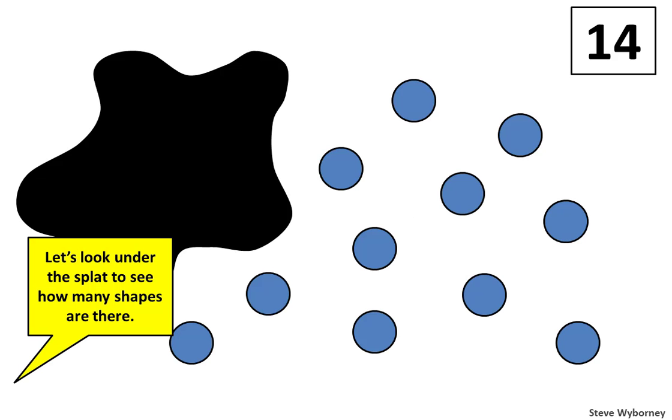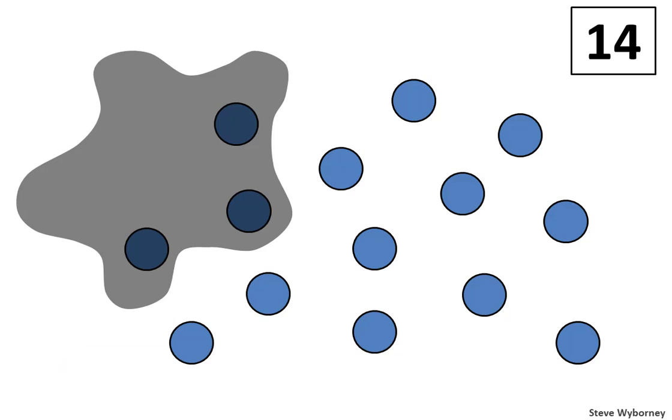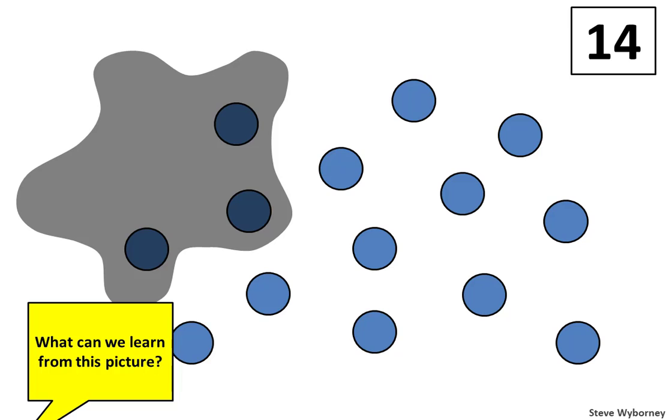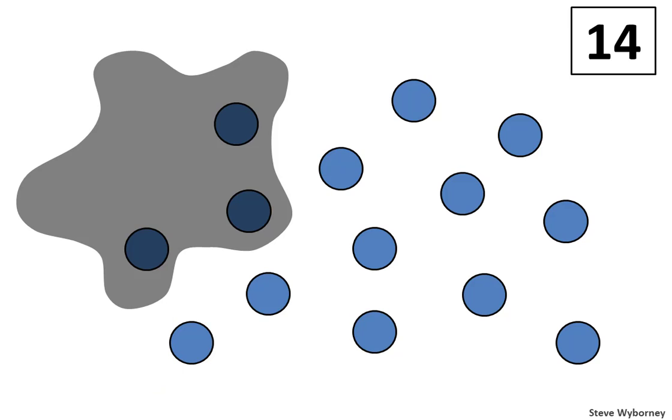Let's look under the splat to see how many shapes are there. It's 3. The last question is, what can we learn from this picture? If you think about 3, 11, and 14, you may realize that there are many, many ways to think about